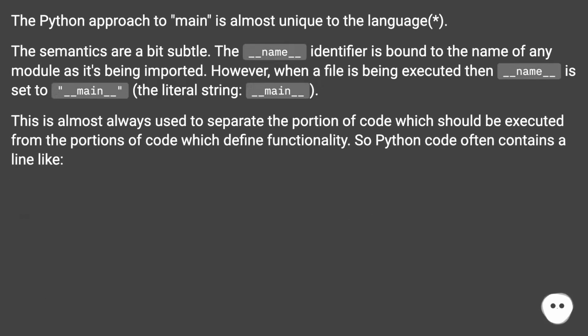The Python approach to main is almost unique to the language. The semantics are a bit subtle. The __name__ identifier is bound to the name of any module as it's being imported. However, when a file is being executed, then __name__ is set to __main__, the literal string "__main__". This is almost always used to separate the portion of code which should be executed from the portions of code which define functionality. So Python code often contains a line like